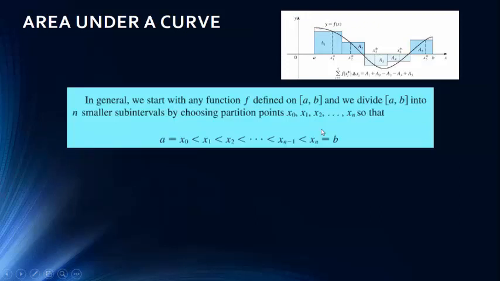In general, when we start with a function, we divide the interval between a and b typically into an equal number of partitions with the same width, but that doesn't have to be the case. We don't have to make each partition the same; here A1 could be wider than A2, could be wider than A3, but typically we divide the partition into